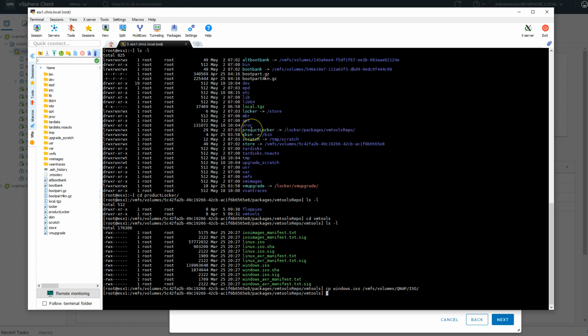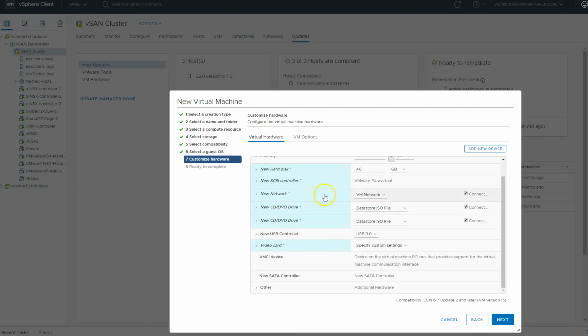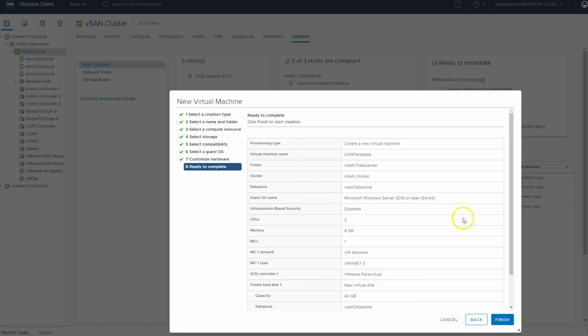Now, there is a way of configuring vSphere so that it saves these files to a shared storage between the hosts. I'm not going to cover that today. I may do that in the future, but that might be worth considering if you're managing a lot of hosts. For now, we're just going to create the virtual machine